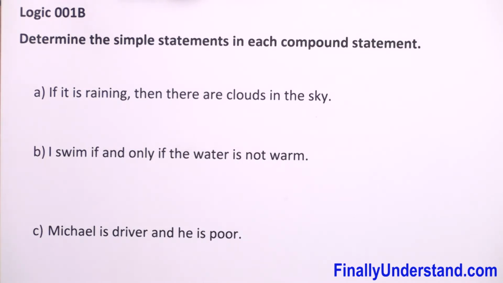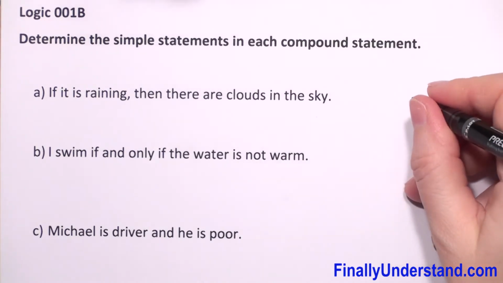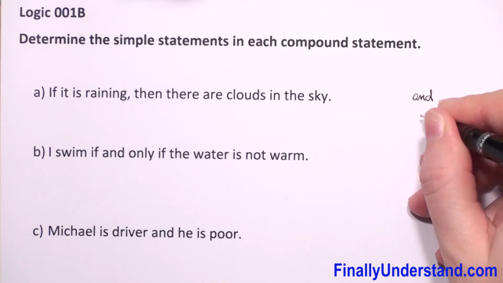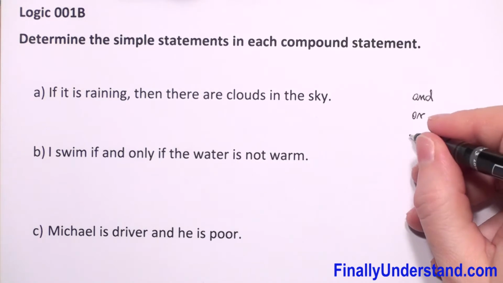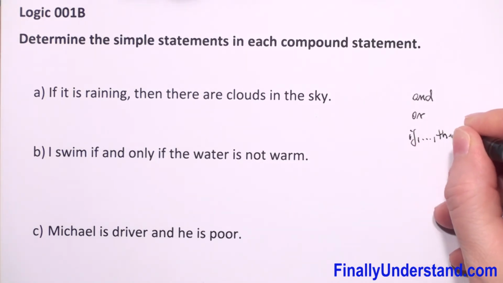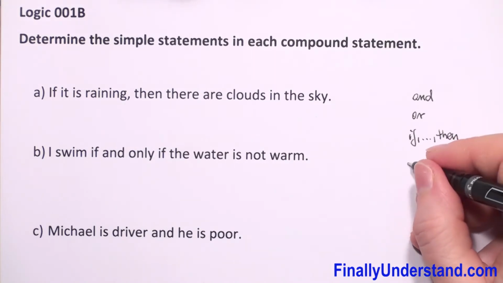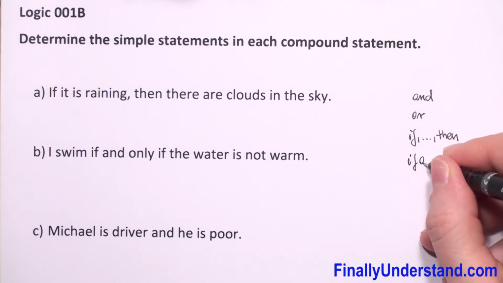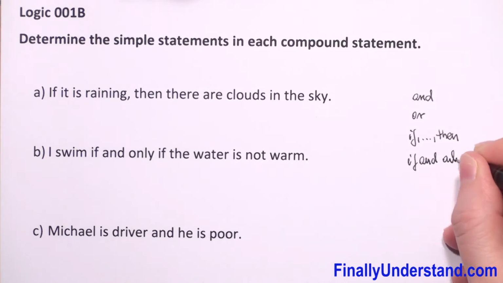We know that we connect simple statements with words and phrases such as and, or, if something then, and if and only if. This creates a compound statement. George Boole used symbols such as P, Q, R,